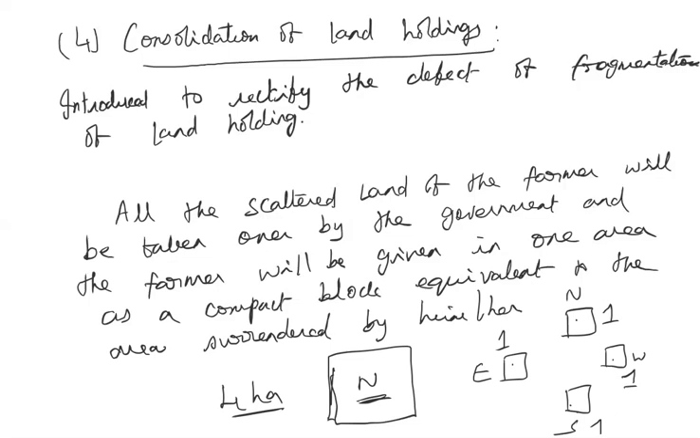So there was a lot of hesitancy on the part of the farmers. That's why it was successful only in some of the states. In the majority of the states, it was not successful. But anyway, that was the idea of consolidation of land holdings. Then finally, the last measure introduced by the government was cooperative farming. So the cooperative farming,